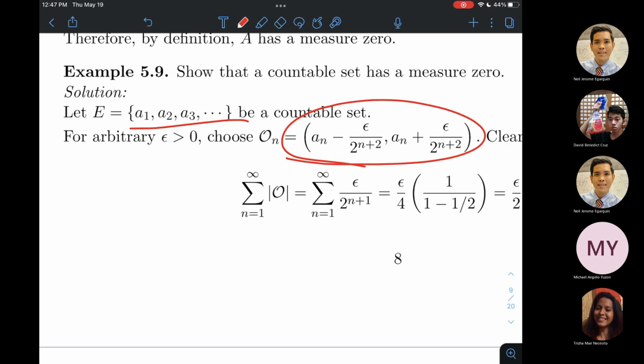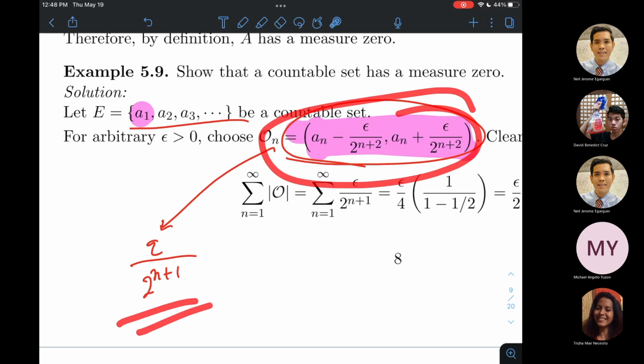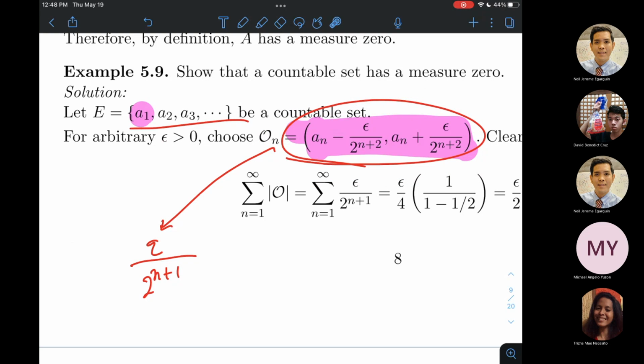Ang length ng bawat isang open interval na ipang-cover natin ay epsilon over 2 to the power n plus 1. Clearly, these open intervals will cover the set E. Kasi sa bawat isang element ni E ay mapapalagay as a center ng isa dun sa mga open intervals na yan. Tapos, bawat isang open interval na ganito yung itsura, ang length niya ay epsilon over 2 to the power n plus 1. So, pag sinuma-total ko yung mga lengths ng mga intervals na yon,